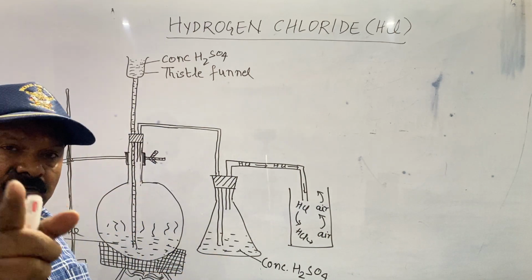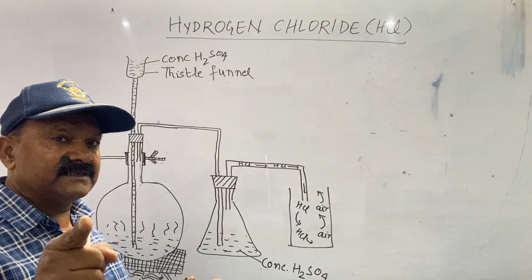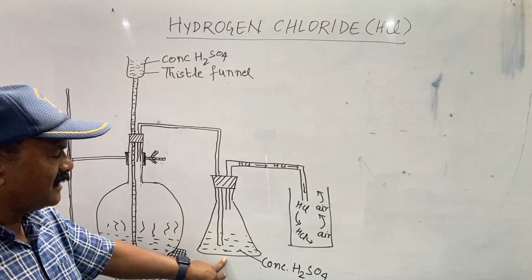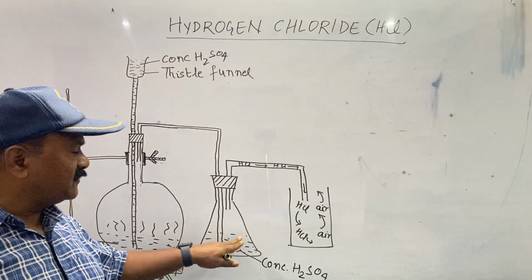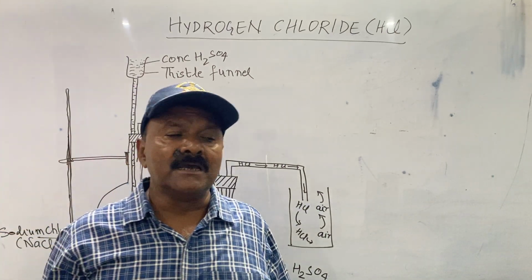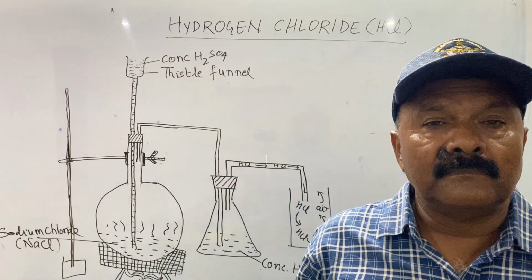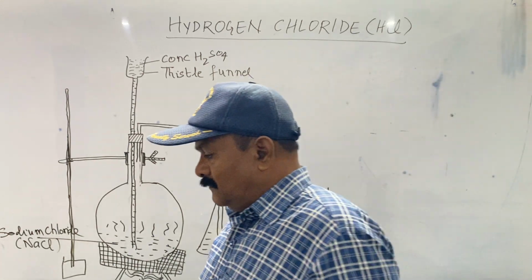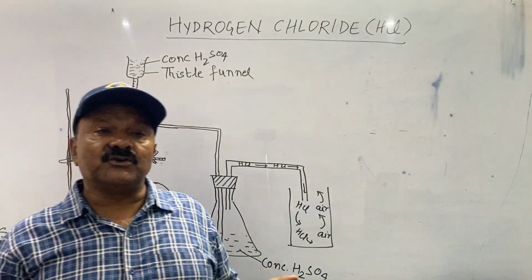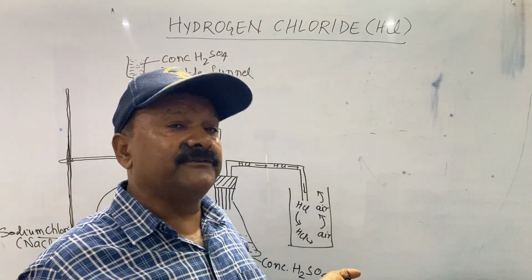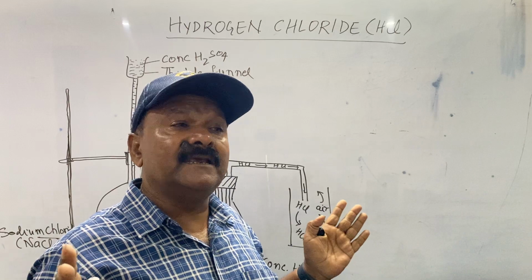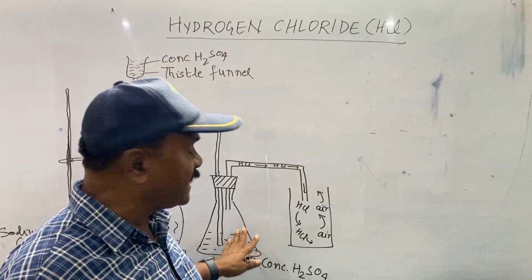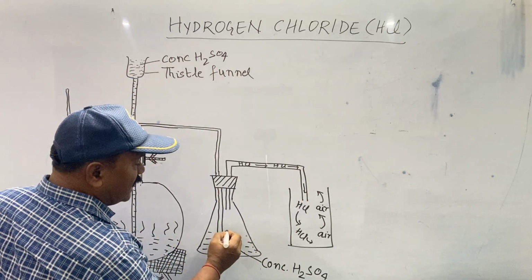So in order to remove the water, we are using a drying agent which is concentrated sulfuric acid. This will be acting as a drying agent. Why is concentrated sulfuric acid used as a drying agent? Because we know that it is hygroscopic. It will absorb the moisture. But what is the property by virtue of which it is absorbing? Because concentrated sulfuric acid has a very strong affinity to water. So that's why it will take up the water molecule, retain the water molecule, and will allow only HCl